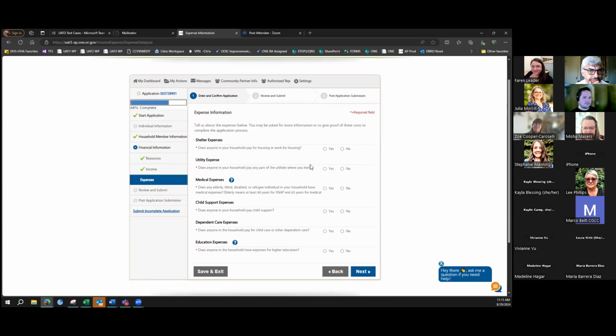No, that should still be accurate. I didn't mean to convey that. I just meant there are some types of educational income that could potentially be counted. A lot of it can be excluded, especially loans, things like that, because the term we use in the eligibility world is, is this something that needs to be repaid? So we're not going to count that against the person if it's money that they're going to have to pay back. So without being able to give a full list of what is and isn't counted, whatever resources that you have, that hasn't changed anytime recently. So I would feel confident in you still referencing that.